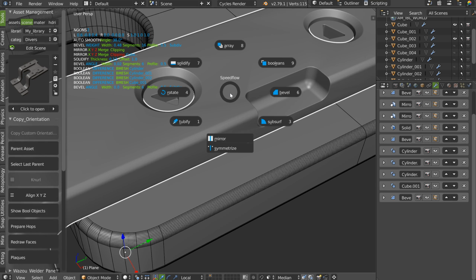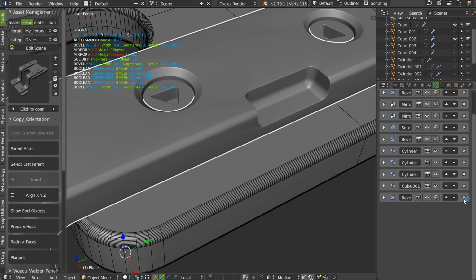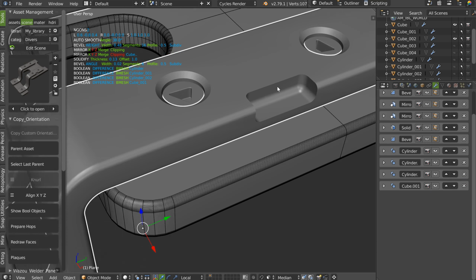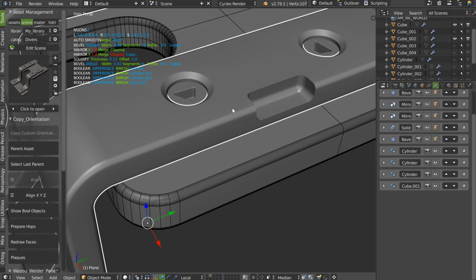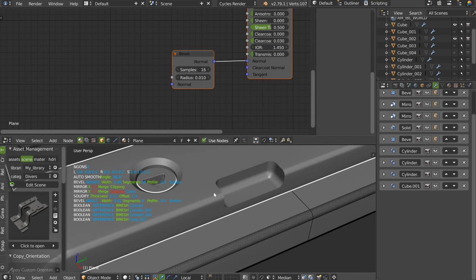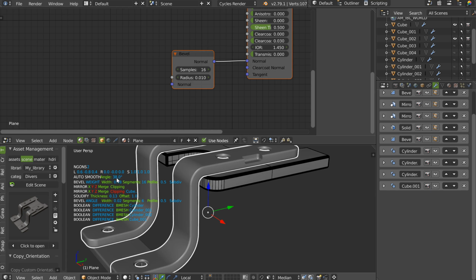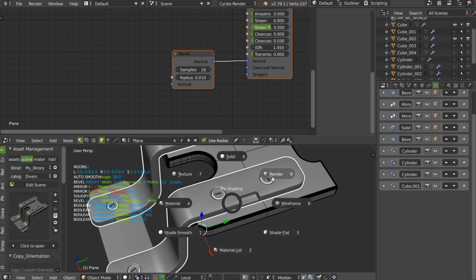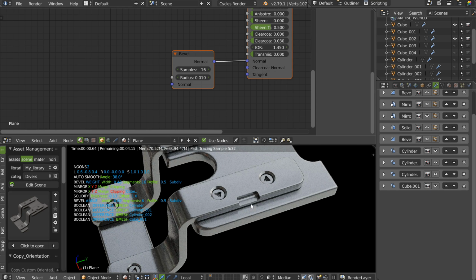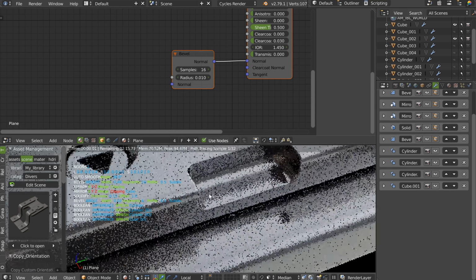But you can, if you want, go on the last bevel. The last bevel is this one, so this one, or directly remove it here if you want, and use the bevel shader. Hop. I have a bevel shader here. I have a better result with the auto smooth at this value. And if I press render, yep, you have your bevel directly.